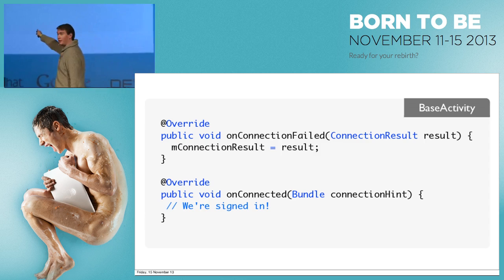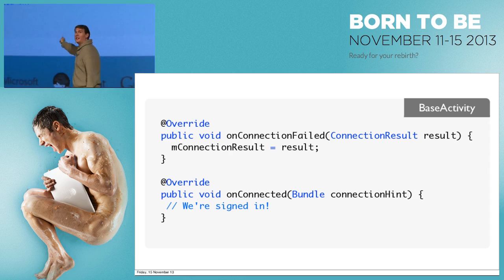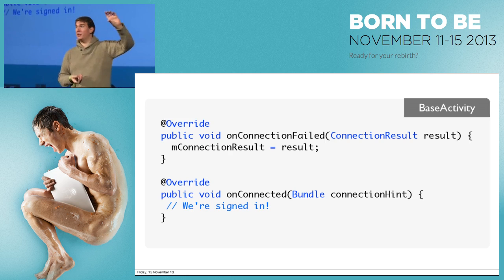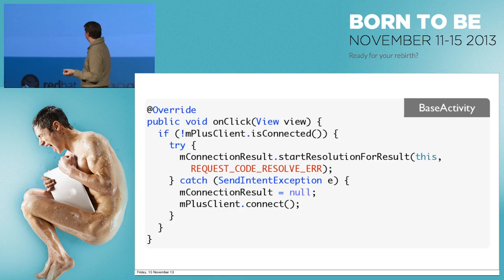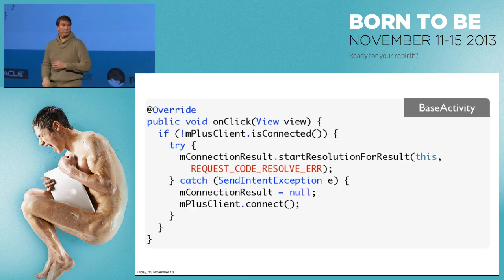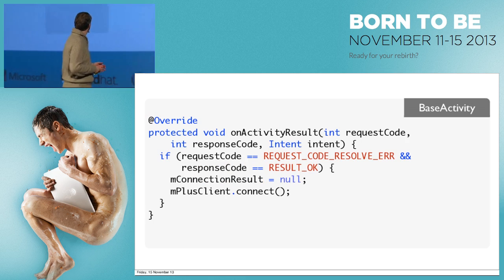onConnectionFailed. I'm going to point out, we really don't do anything with it there. That really is just storing that connection result. But it's important to store that connection result. You might think, I can just call something else to bring up the consent dialog, but that connection result is kind of temporary. If, for example, your activity gets restarted because the phone gets rotated, that connection result will change. So you always want to have the latest one there to actually use in your resolution. And when we click it, it is really just startResolutionForResult. It's very, very straightforward.